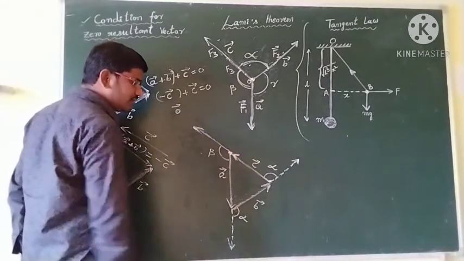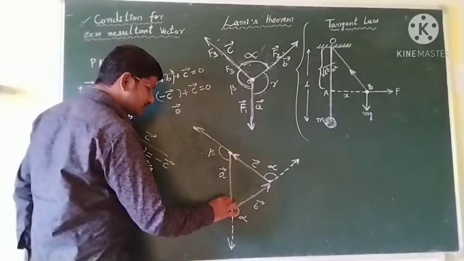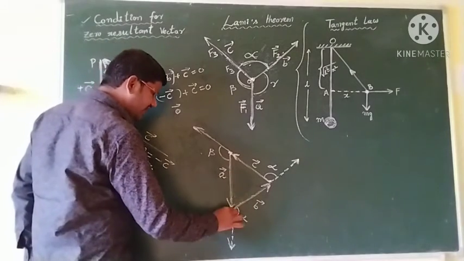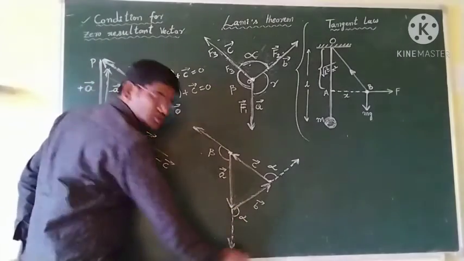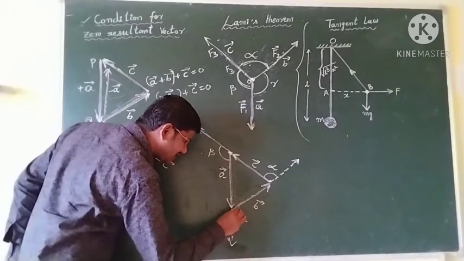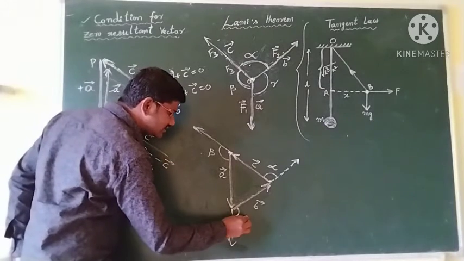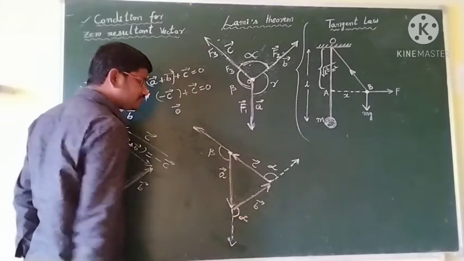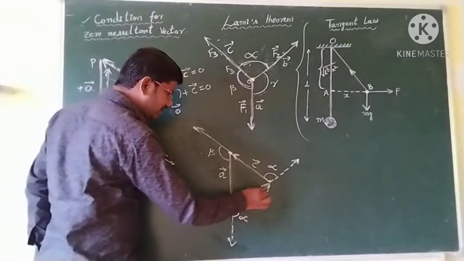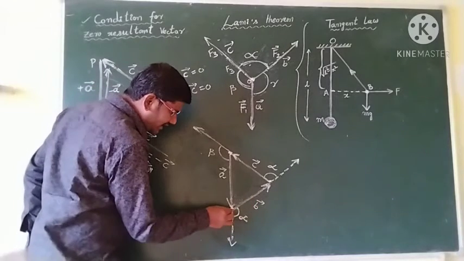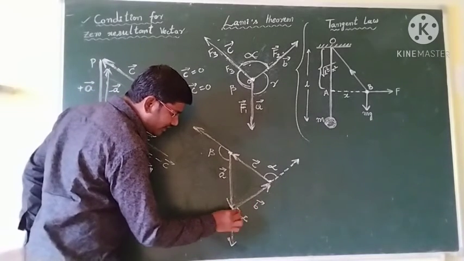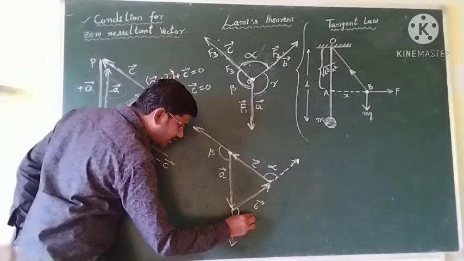Then this is called beta. And similarly, see students, this is the A bar vector direction, I just extended it down. So then this is called, what do you know students, alpha. And this is the B bar. B bar started here, and A bar is also started here, both are co-initial. Then the angle between them is called alpha.